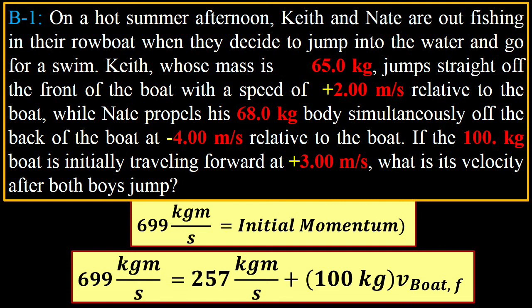Okay, so there's the equation: 699 equals 257 plus 100V. And I'm going to subtract 257 from both sides. So 699 minus 257 is going to be